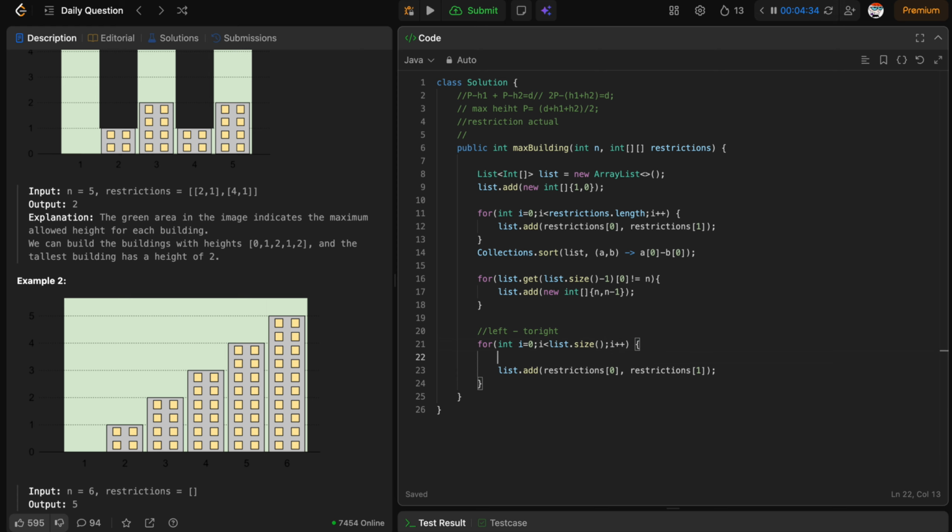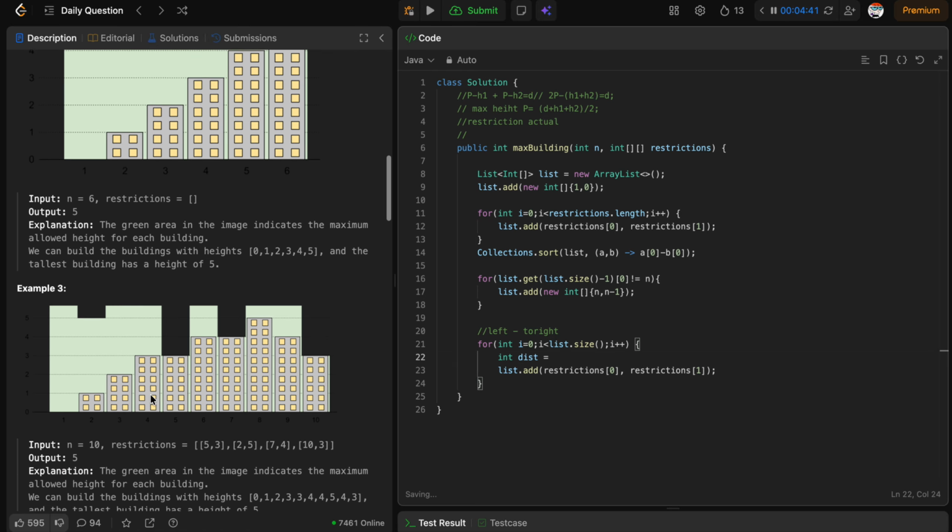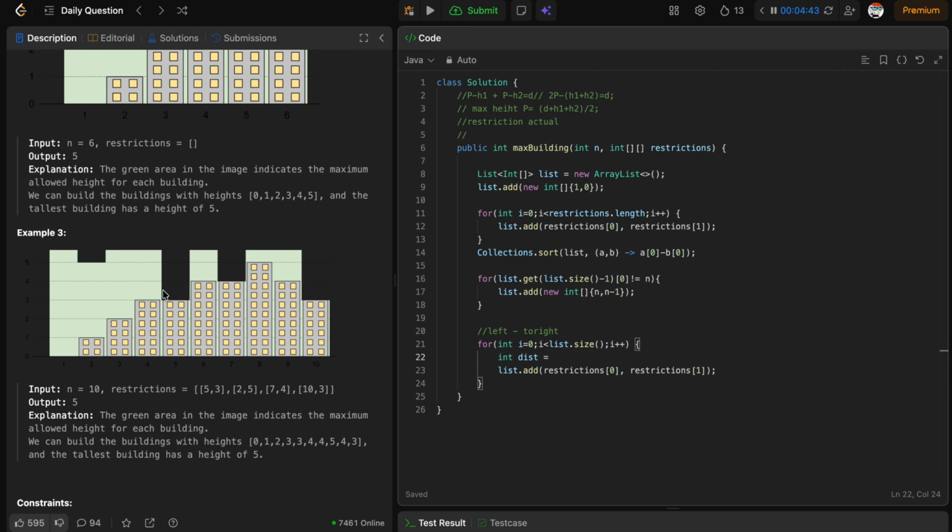So first we need to check how much distance is covered. Suppose there are 2 restrictions, from here to here. Suppose 2 5, and after 2 we have that 5. The distance from 2 to 5 is basically 3. So we don't have to go from 0, we need to go from 1, and then list dot get